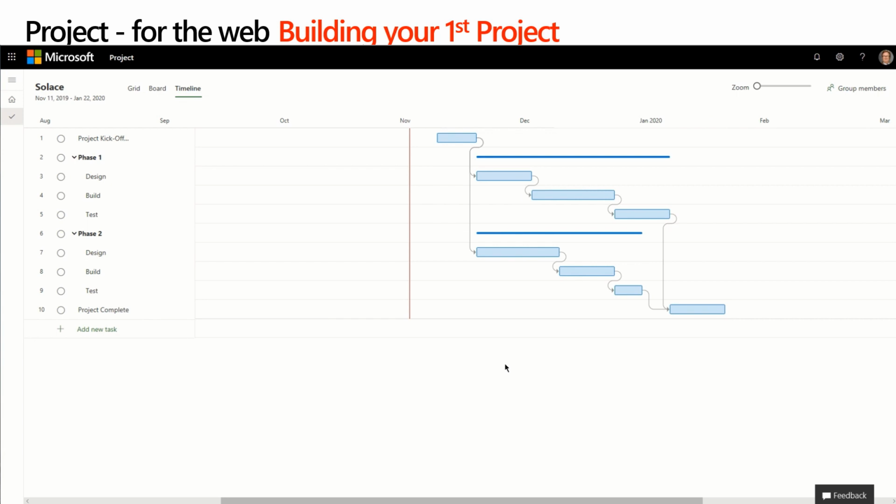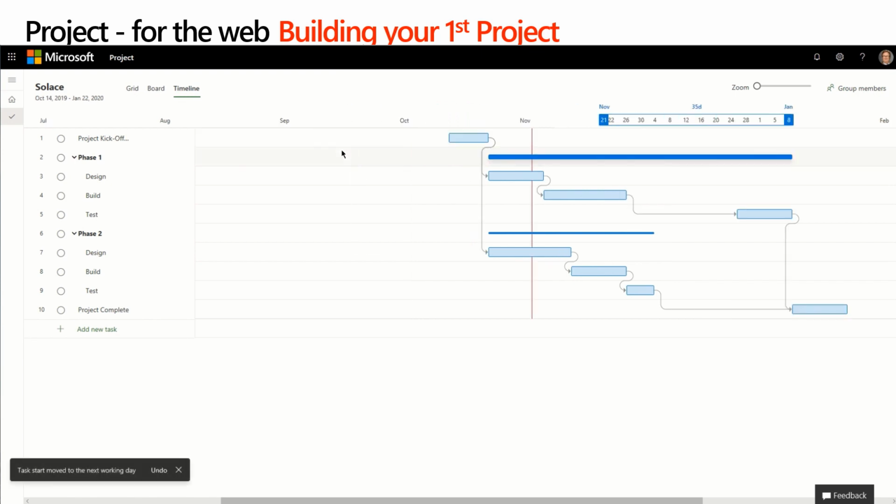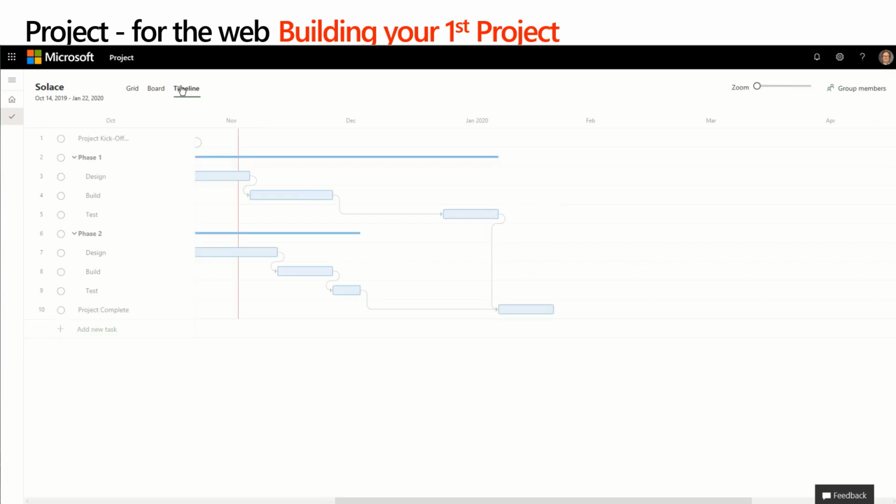If I'd like to move the project start date back, I can simply pick that up, move it back. Now my project's been rescheduled back into the past. So this is a great way to easily create your project, looking at it from the grid view or the timeline view. If you prefer to work in the board view, we can also do things like, let's go ahead